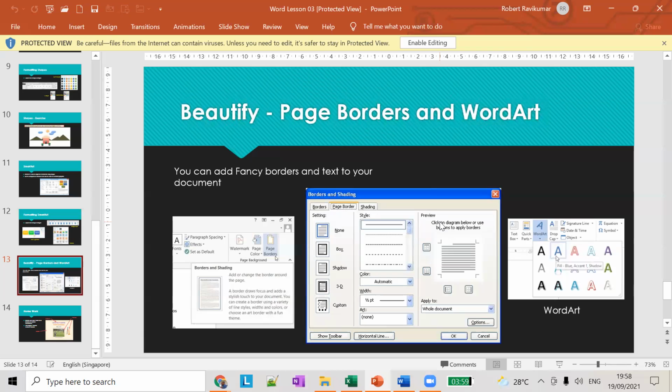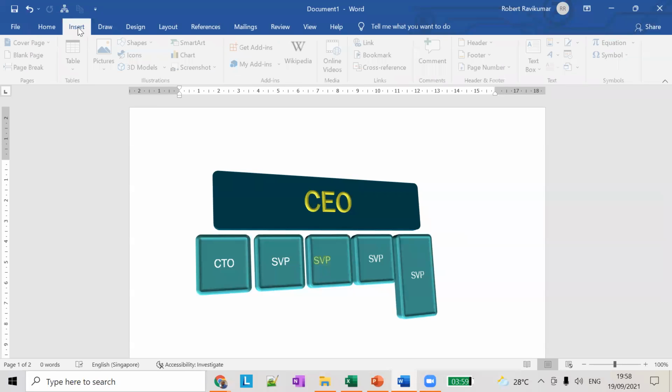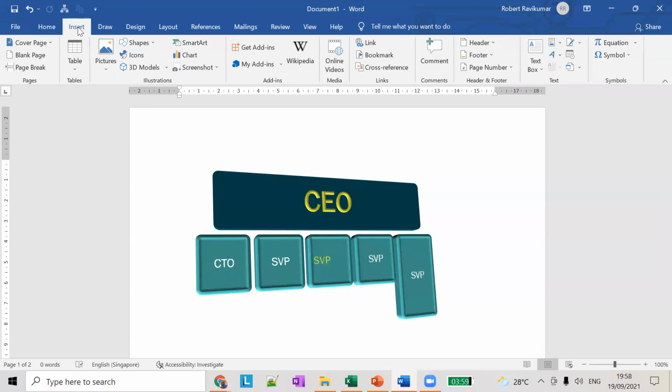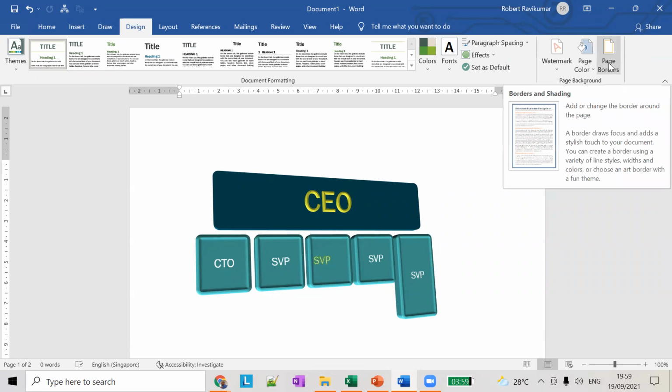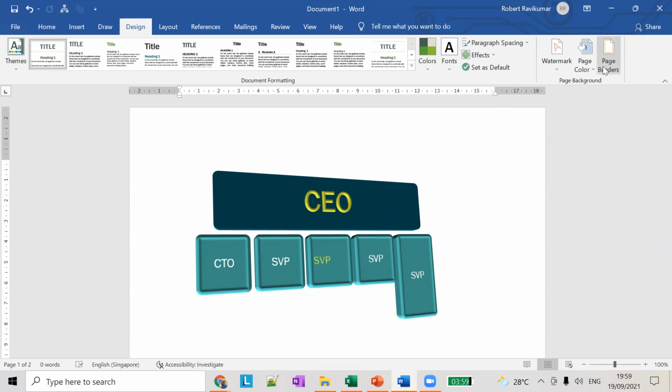What you have to do is go to Design, and if you go to the Page Background group, there is something called Page Borders.